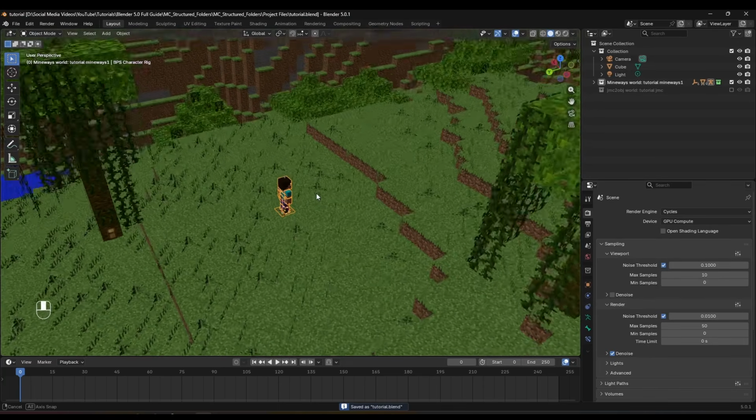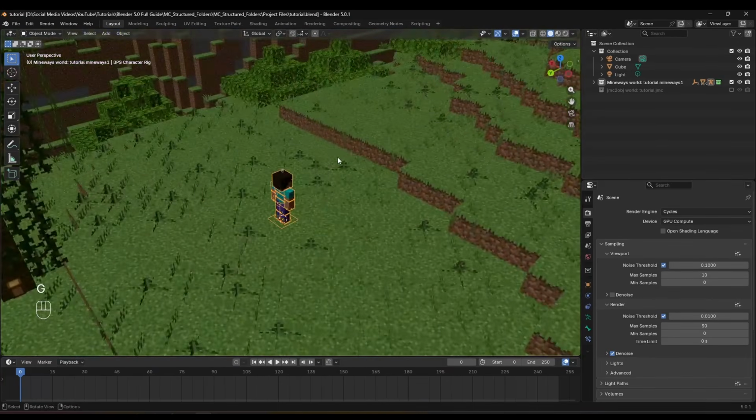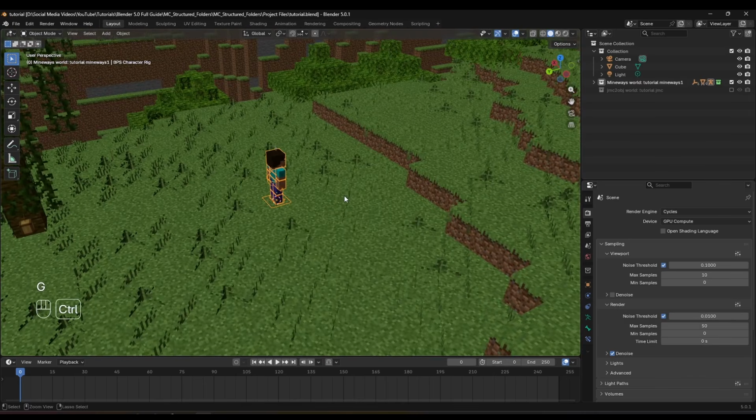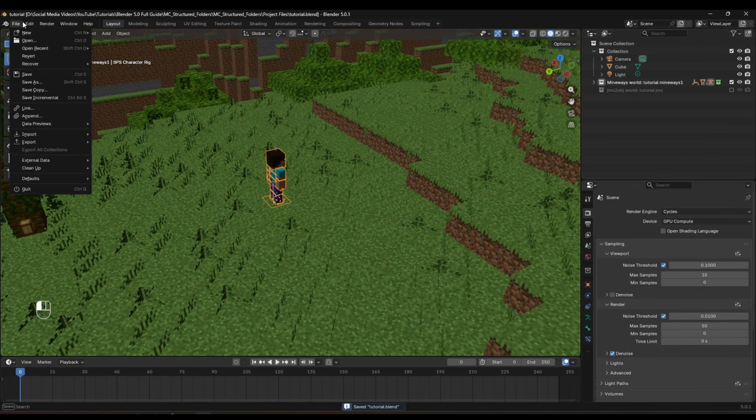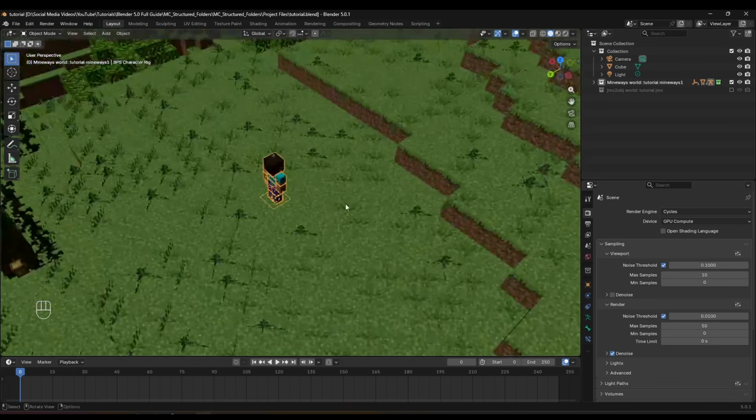location right here. And whenever you're working or whenever you're making changes, I highly recommend to get used to the shortcut, which is Control S. Control S is quickly going to save your scene. So you can either go here and click on Save, but I recommend to get used to the shortcut, Control S,